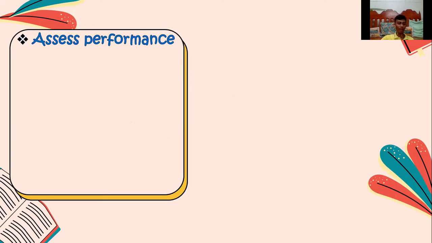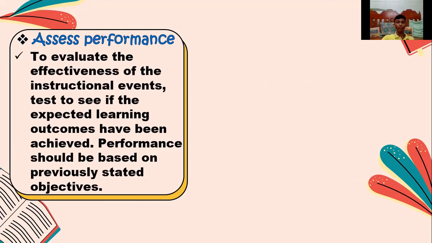Next is number 8, assess performance. We evaluate the effectiveness of the instructional events and test to see if the expected learning outcomes have been achieved. Performance should be based on previously stated objectives. So we should test whether the expected learning outcomes have been achieved on previously stated course objectives. So some methods for testing learning